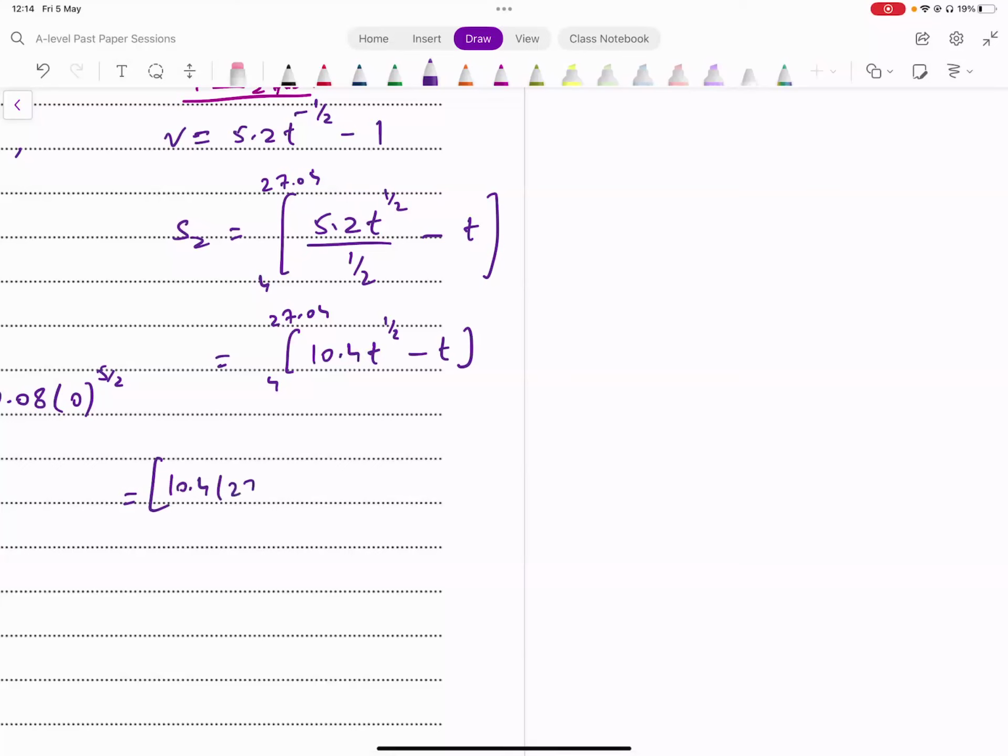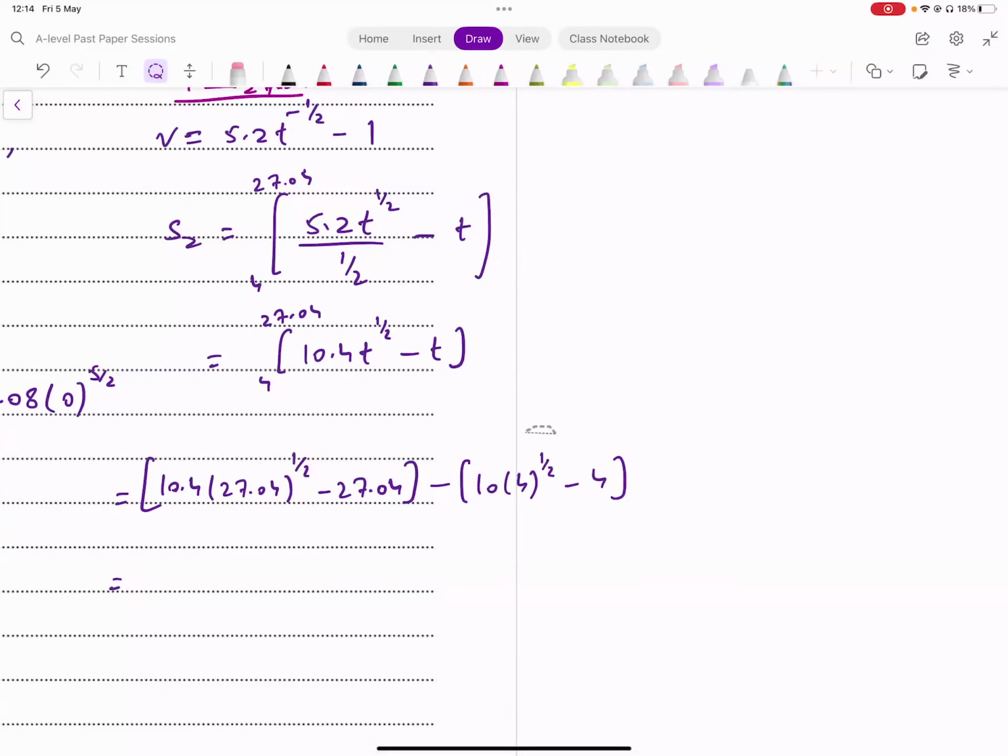10.4 into 27.04^(1/2) minus 27.04. This is what you get when you input 27.04. Subtract from this the case when you input 4. That's going to be 10.4 into 4^(1/2) minus 4. Evaluate this and see what this turns out to be. Okay. अच्छा, मैंने कुछ यहाँ पे मिस कर दिया। मुझे लेफ्ट पे डिफरेंट लिखा हुआ है, राइट पे डिफरेंट लिखा हुआ है। This should have been 10.4 here. ठीक है, इसको एवेल्युएट करते हैं, देखते हैं हमारे पास क्या आता है।